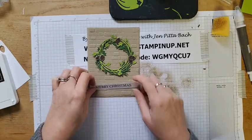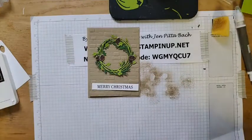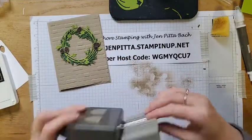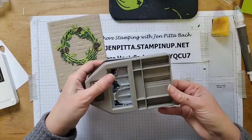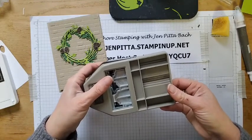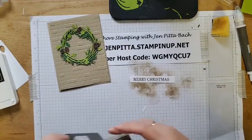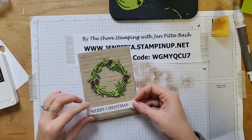I don't know. Maybe, you know what I might do? I might use the little label punch. I told you, this is completely winging it. Winging it, you guys. I'm winging it. I think I'm going to do this on one side. This little edge, like this. I always get the name of it wrong. It's like Lovely Pickle Label something or other. I don't know. Pickle Label, Lovely Label something. But I'm thinking maybe